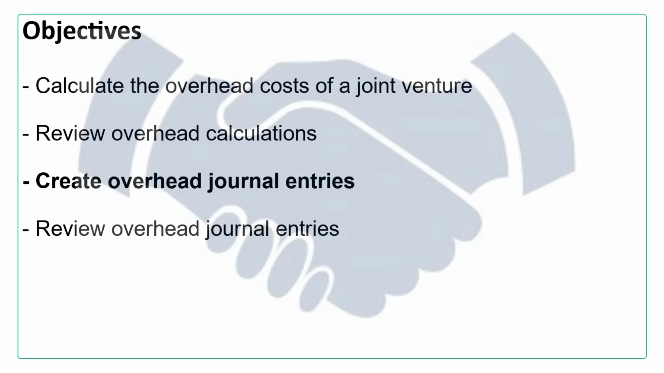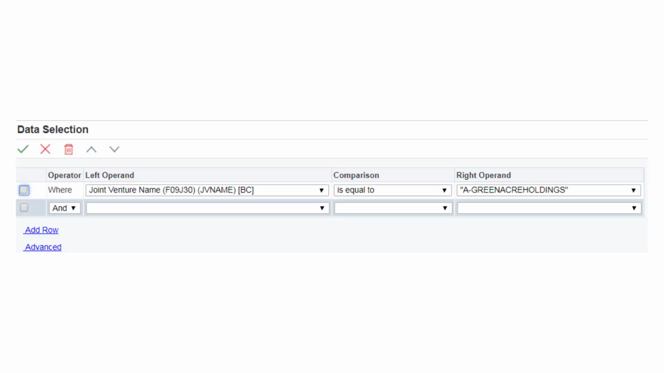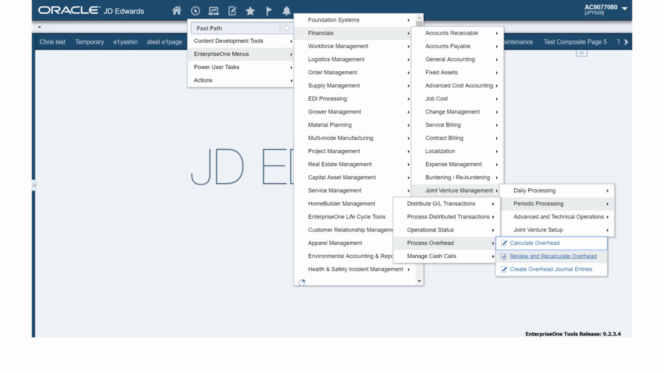Let's now see how to create an overhead journal entry. Access the Create Overhead Journal Entries batch program R09J409. In the data selection form, specify the joint ventures for which you want to create the overhead journal entries. Then run the program. You can review the overhead journal entries by using the Review and Recalculate Overhead program